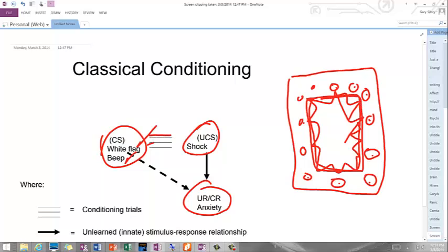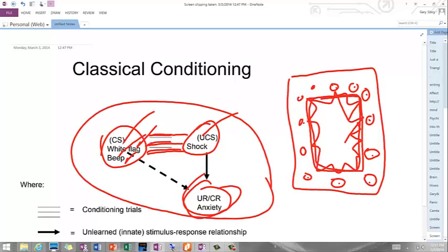So now we've got these repeated learning trials. White flag, beep, shock, anxiety. Now all of it becomes encoded at the same time. And the brain then remembers it this way.